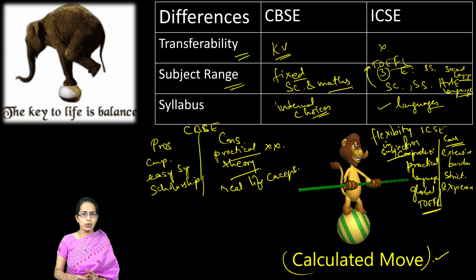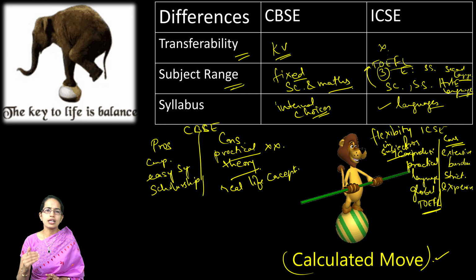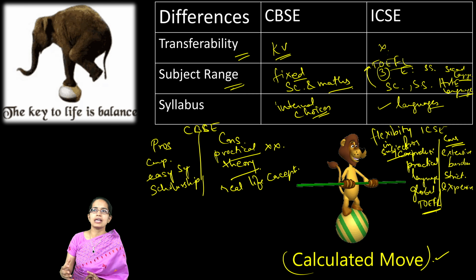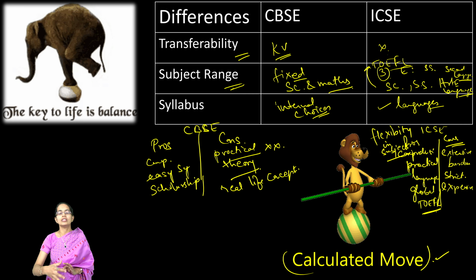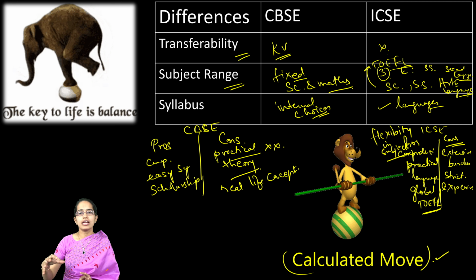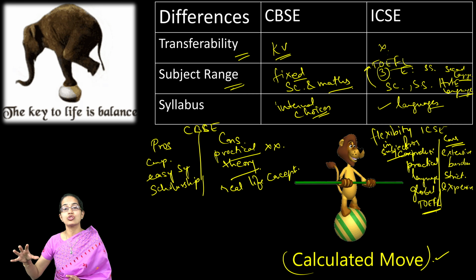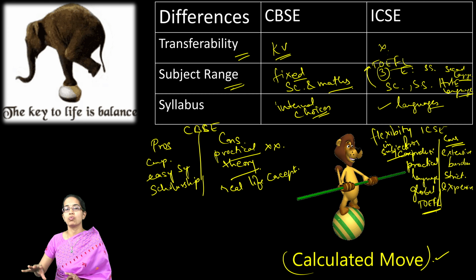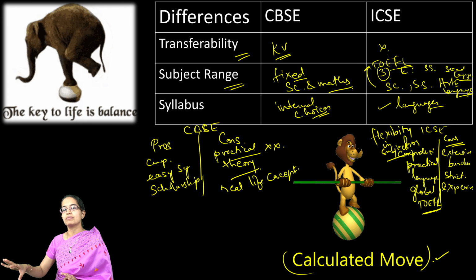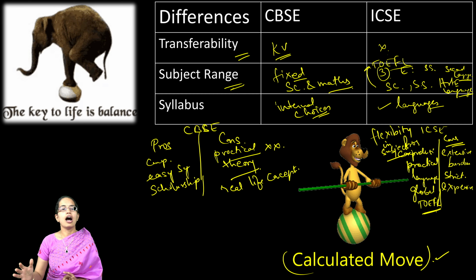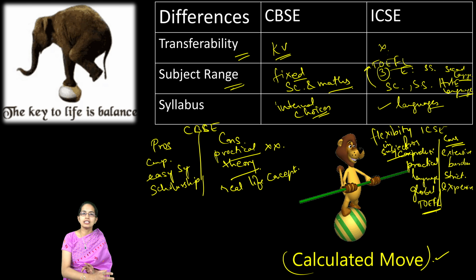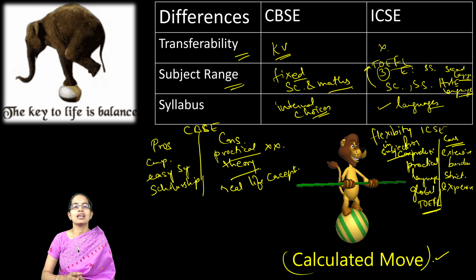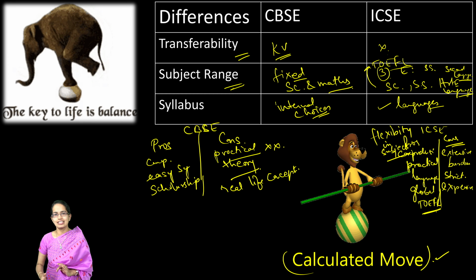The next important thing is, irrespective of the board, more or less the subject curriculum is the same. One of the important differences is that in CBSE, you have a higher focus on concepts related to India. However, in ICSE, specifically for social studies, you would have a higher emphasis on world aspects. So world history and world geography would be touched upon in ICSE. However, CBSE would be confined to Indian history and Indian geography, and that makes the picture a lot different. So, we had a quick comparison of the two.